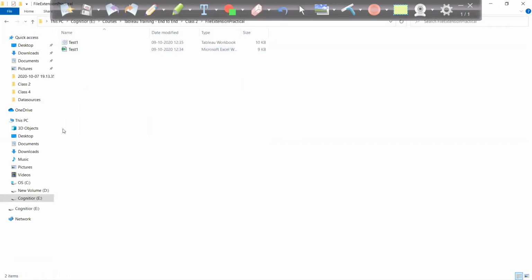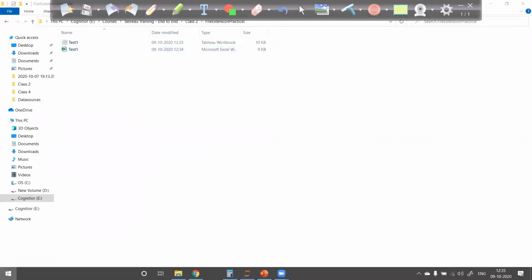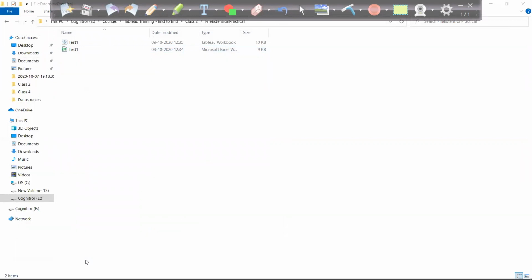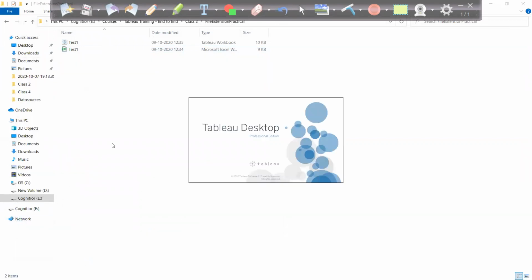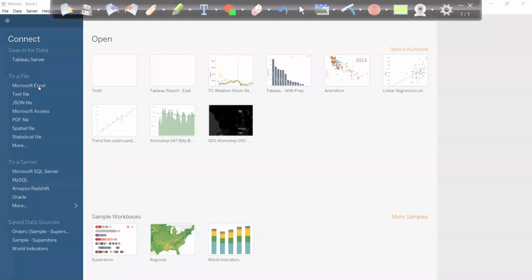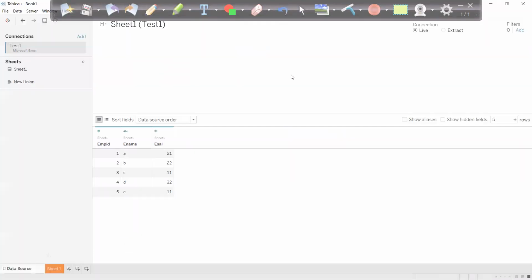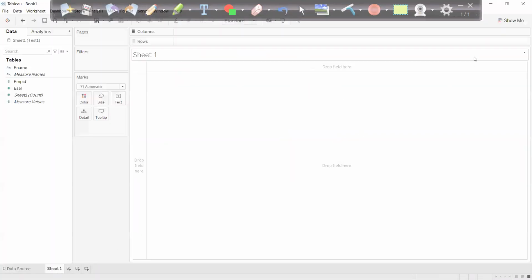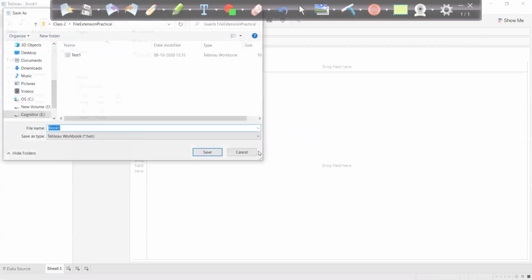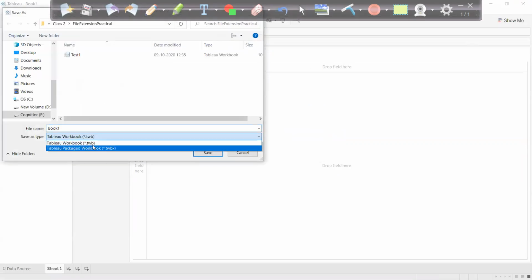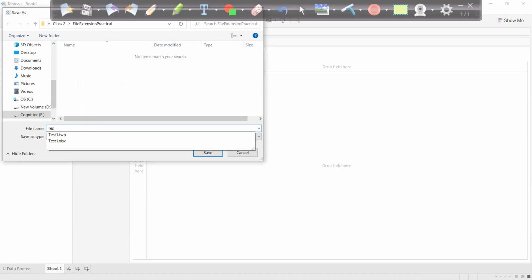Okay. And I will open one more Tableau file. Connect the same data set. Save it again. And this time I'm giving this as TWBX.